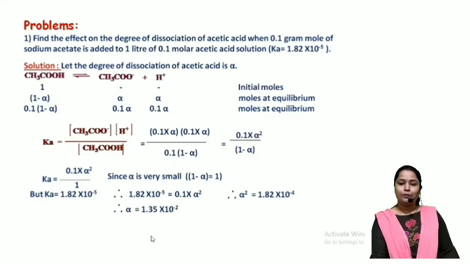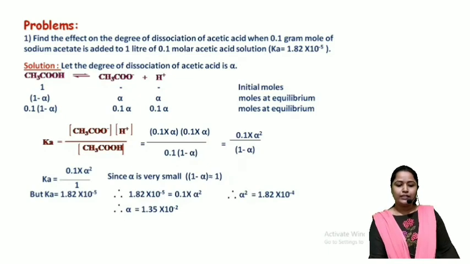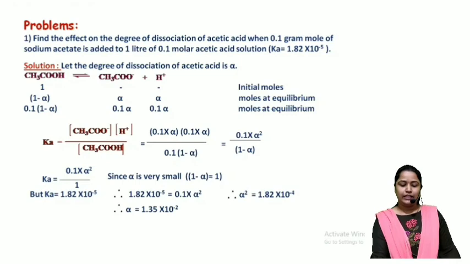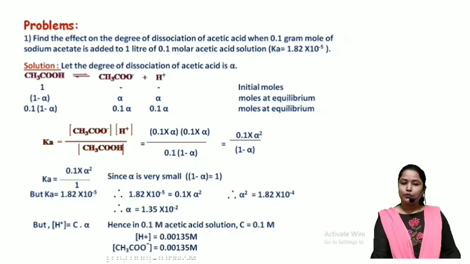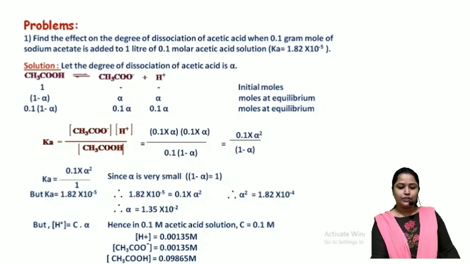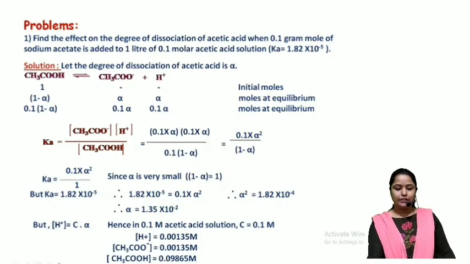Then by using alpha, we can determine the concentration of H plus ion, acetate ion and acetic acid. We know that the concentration of H plus ion means 0.1 into alpha. The concentration of acetate ion means 0.1 into alpha. And the concentration of undissociated molecules of acetic acid is equal to 0.1 into 1 minus alpha. Therefore, by using the value of alpha, we can determine the concentration of these three species and we get